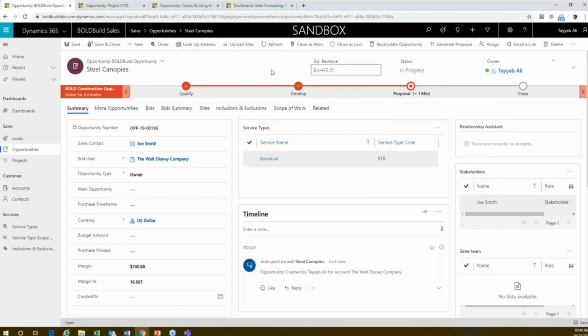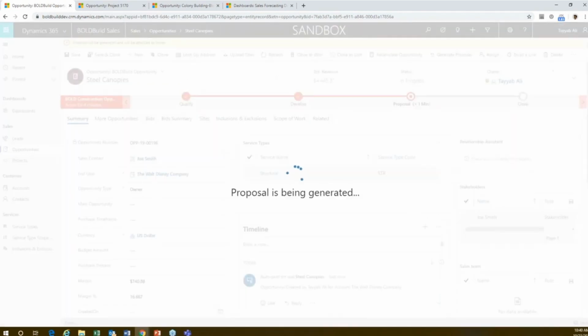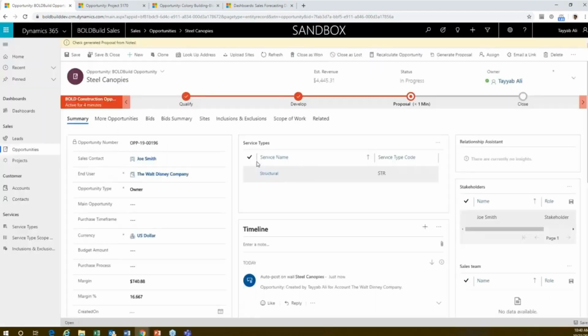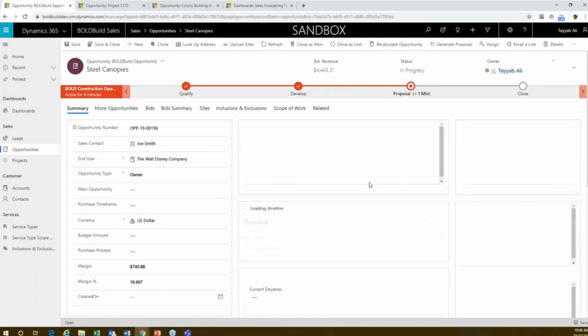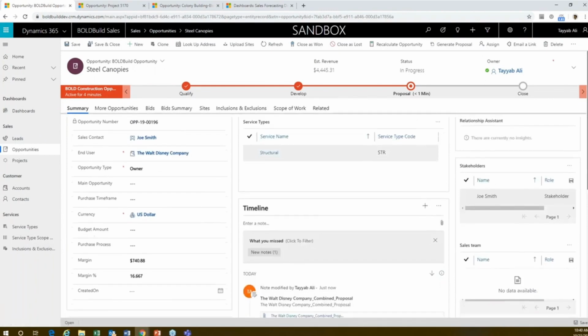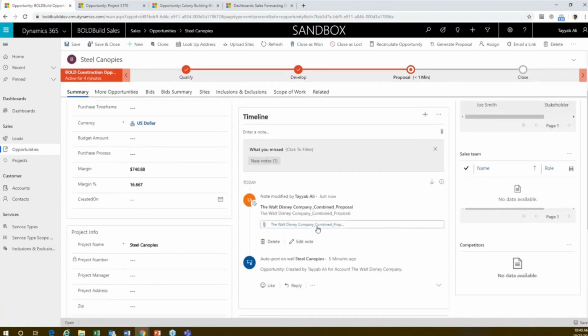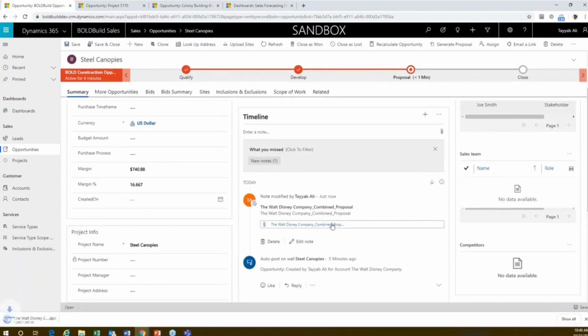So now this is where a second sprinkle of magic comes in, because now we have everything in there. So just on this one click, it is going to generate a nicely formatted, amazingly pretty looking proposal for me, which I'm going to show you as soon as it comes here. It is going to put it in the notes section that I have. So it says here, check generated proposal from notes. I'm going to refresh it, and then I'm going to go into the notes section, and this is where my proposal is. So if I just click on it and open it for you,